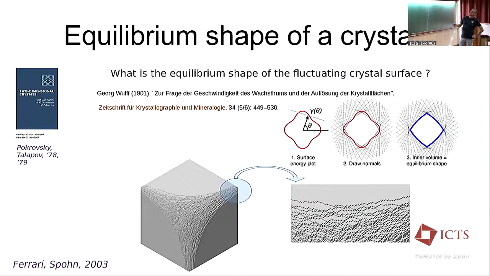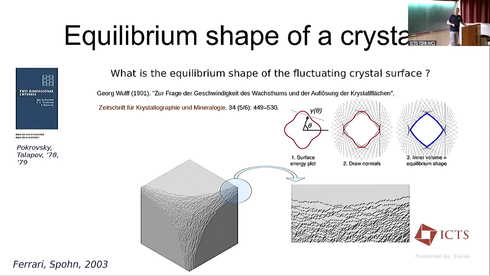This construction is a variant of the Legendre transform. The smooth curve of gamma theta translates into a curve which might have singularities like cusps. And in 3 dimensions, that leads to the formation of flat frozen facets, and there are some non-flat and fluctuating regions. These fluctuations are interesting and studied quite extensively. This is probably the first example of a limit shape. I'm not going to spend much time on this.